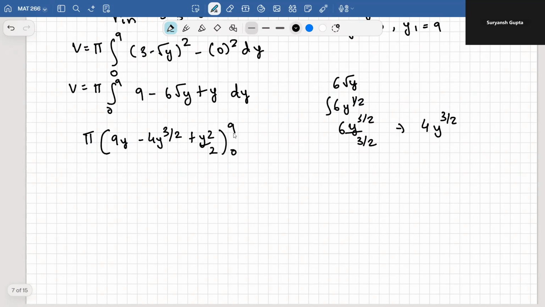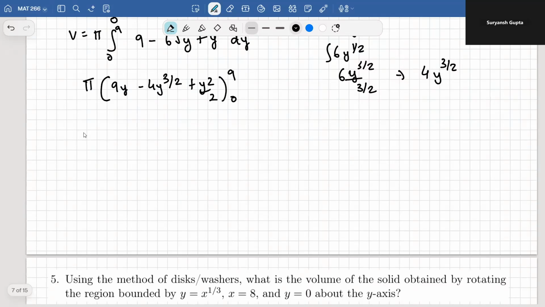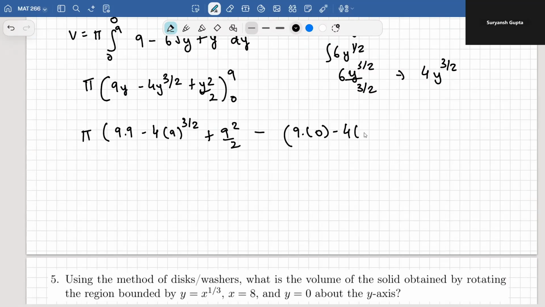And the bounds are from 0 to 9. So I can plug all my values in and I get pi times 9 times 9 minus 4 times 9 to the 3 over 2 plus 9 squared by 2, minus 9 times 0 minus 4 times 0 to the power 3 over 2 plus 0 squared by 2. Everything on the right becomes 0, so I'm only focused on this,